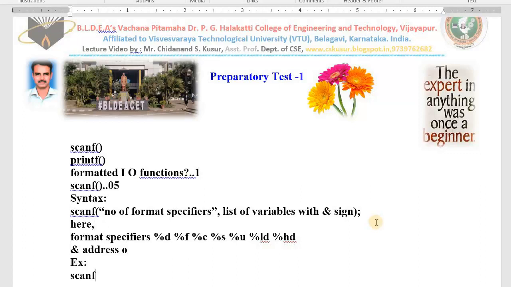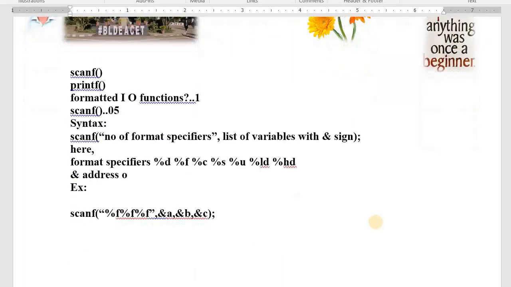For example, in scanf, I am reading 3 values, what does it mean? To find roots of a quadratic equation, we need 3 coefficients. And we are reading the value of A, we are reading the value of B, and we are reading the value of C. And why can't you define before you read the input? Like that, the student who explains with many points like this, he or she gets good marks in examination.